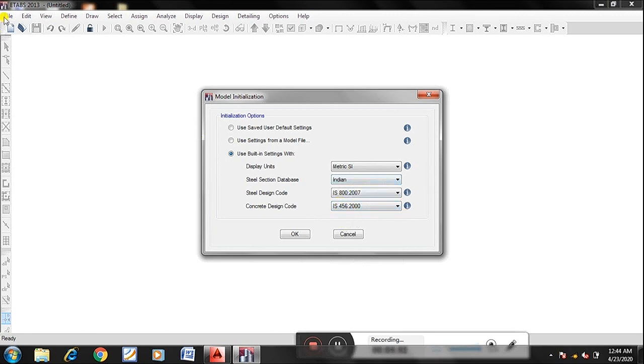I'll repeat once again: File, New File. You must keep metric SI, and for the sections database you must take Indian. If you are a practicing engineer in India, you can take Indian. If you are from some other country, the specified code will be taken into consideration.